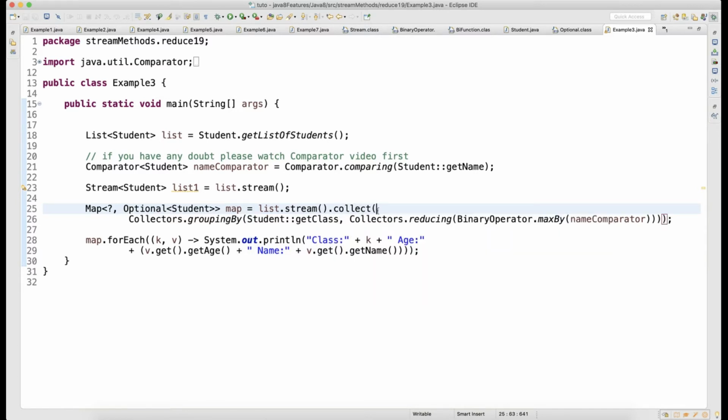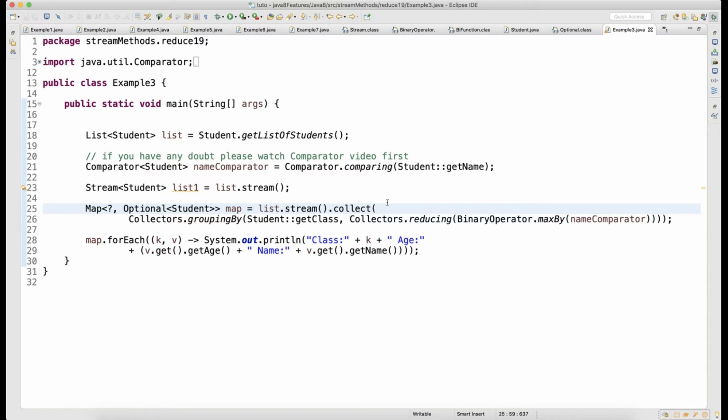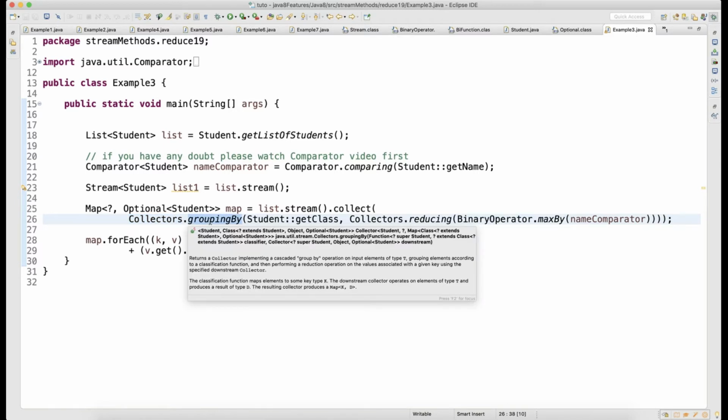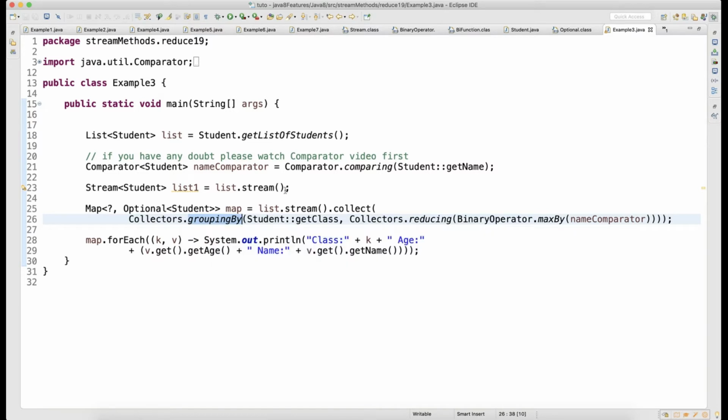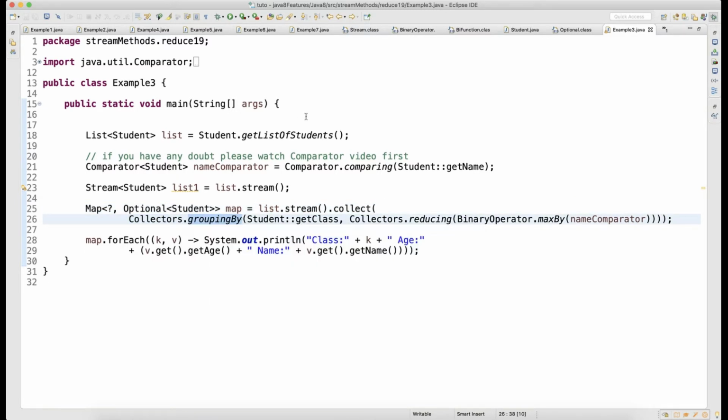When you do a collect method, inside the collect method, it requires a collector, right? It requires collectors. So you have a class called Collectors, and then Collectors has a method called groupingBy. I will cover group by separately also. Here I will give you the idea of how it works. So inside the collect you call Collectors.groupingBy. So how do you want to group that, right? How do you want to group that?